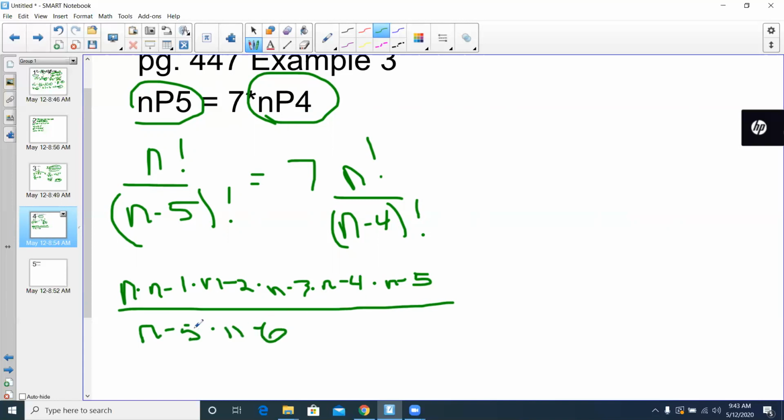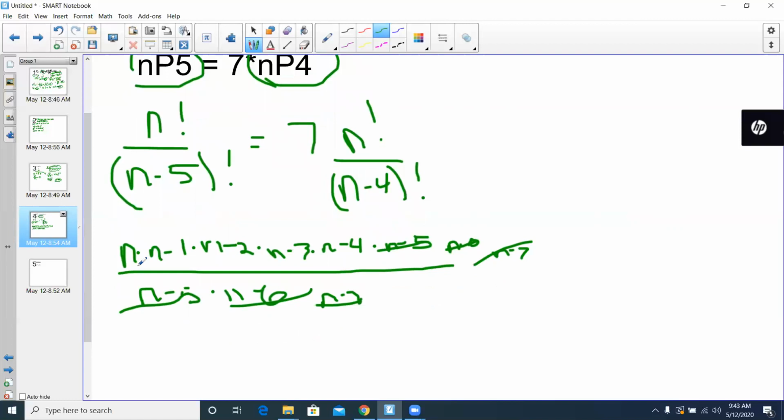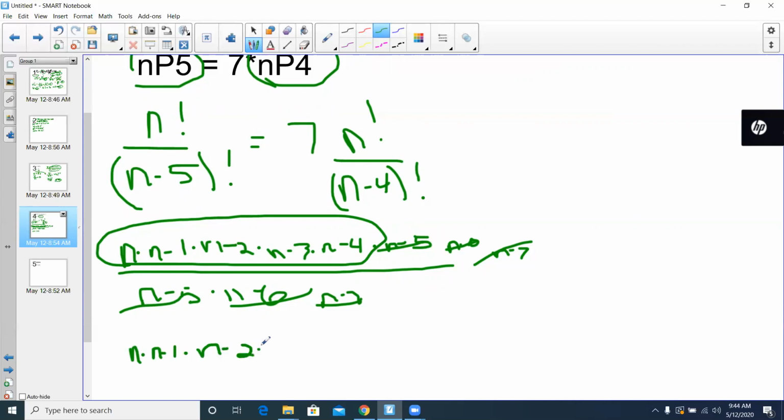So if you start to notice, this part right here is canceling off with all this stuff that's going on up here, right? So this would be like n minus 7. Up here would be n minus 7. So this all cancels off. So on this side right here, we have this guy, right? So we have n minus 1 times n minus 2 times n minus 3 times n minus 4 equals,